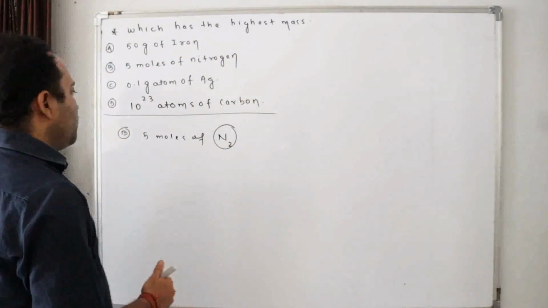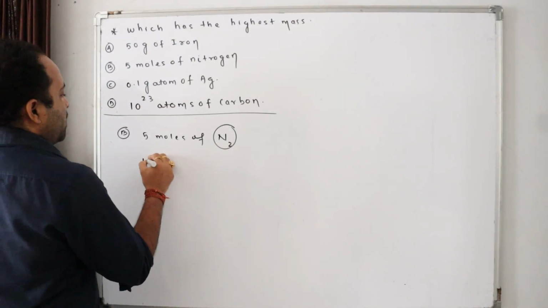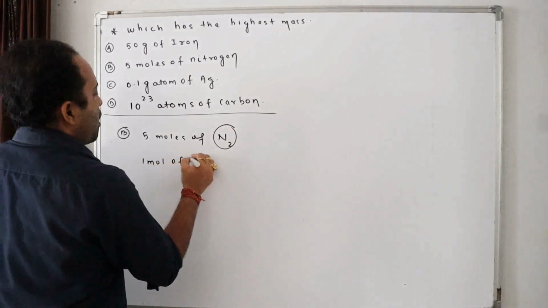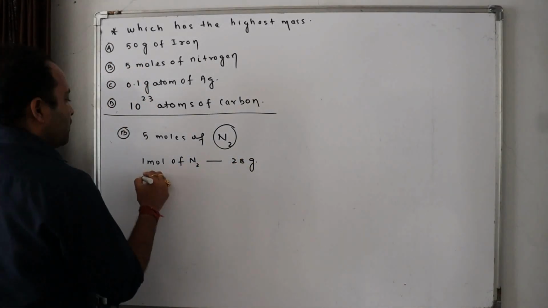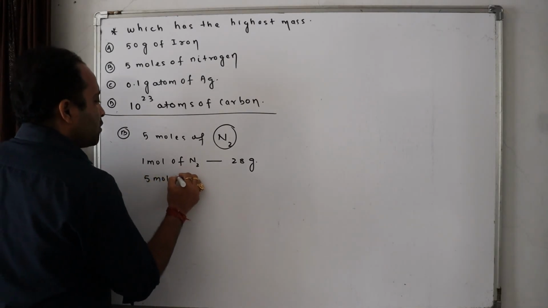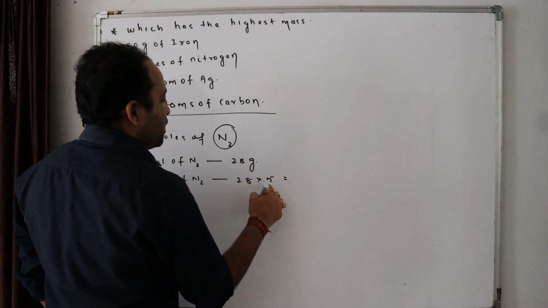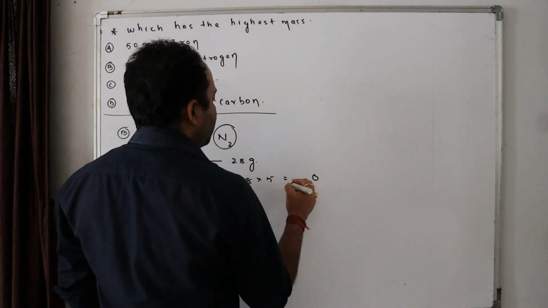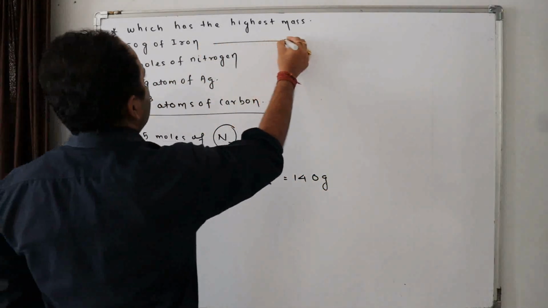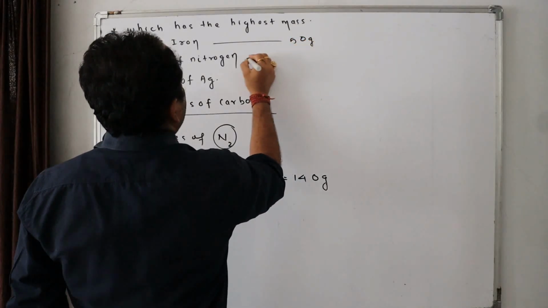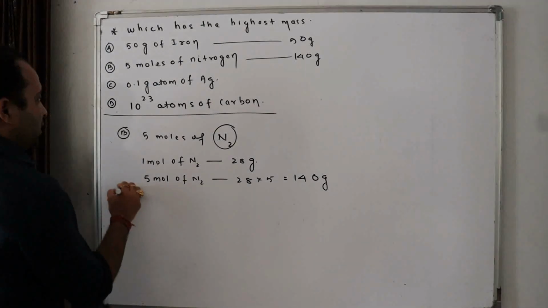Okay, look, 5 moles of nitrogen. What will be here? 1 mole of nitrogen mass is 28 grams, isn't it? So 5 moles of nitrogen mass will be 28 into 5. How much? 8 5s are 40, 8 2s are 16 plus 4 is 20... 140 grams. So this one's mass was 50, already given. This one's mass came to 140 grams, isn't it? Now, C.